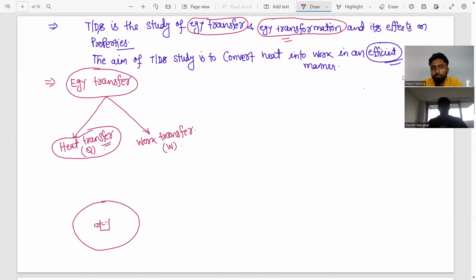Let us assume the room is at a temperature of 30 degrees Celsius, and this cup of tea will obviously have a temperature higher than room temperature. Let us assume this tea has a temperature of